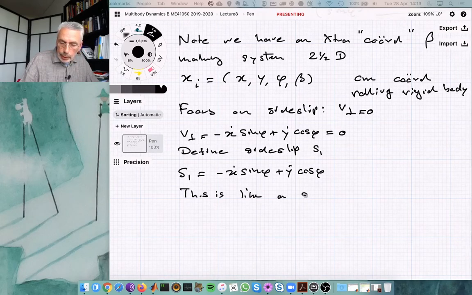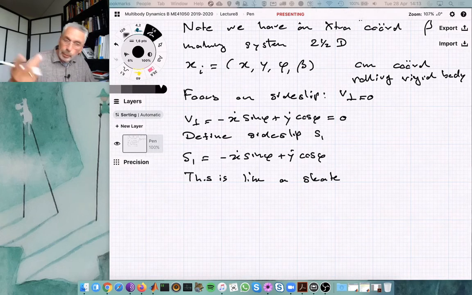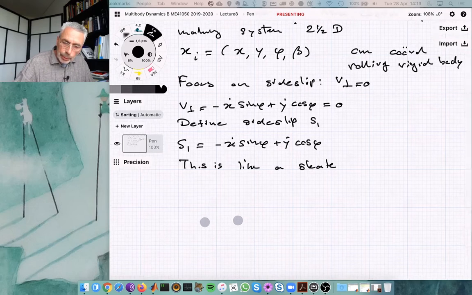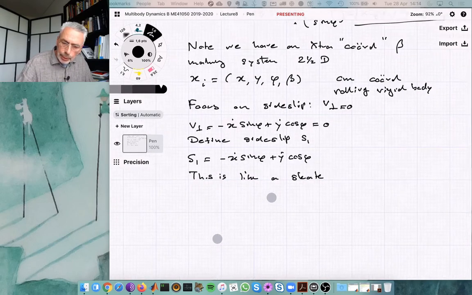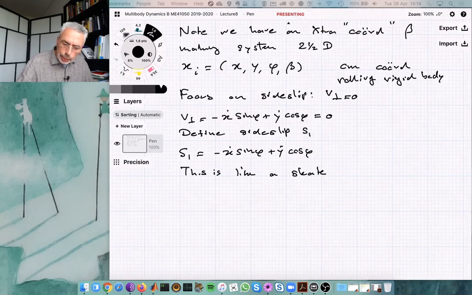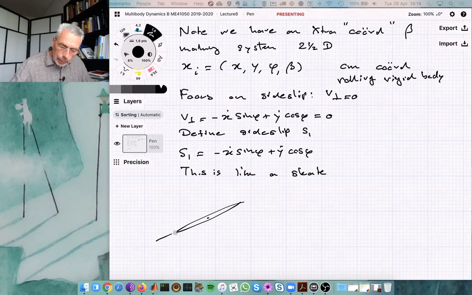It's like a skate. And let's draw the skate. And then we forget about the beta. That is also pretty convenient because the beta is a bit strange thing. Let's go back to 100%. So a skate, and I usually draw it like this, a sharp, narrow thing, which has a tendency to go